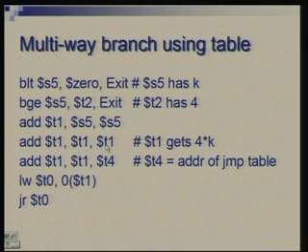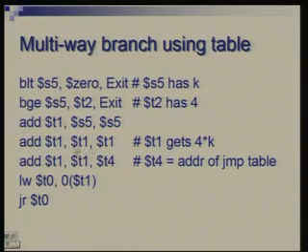So, add T1 to itself, the result goes to T1. There should be one more add statement like this. I am sorry, you do it twice. We are starting with S5. First we have doubled S5, got it into T1, then doubled it further, got it into T1 again. So, we have 4k.